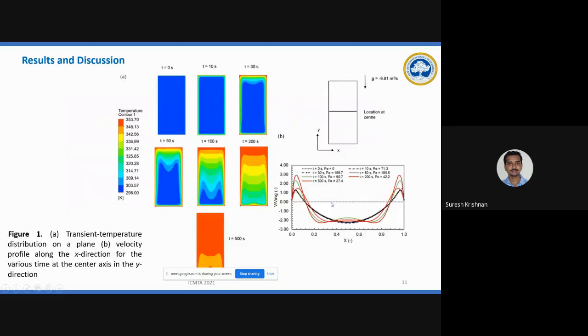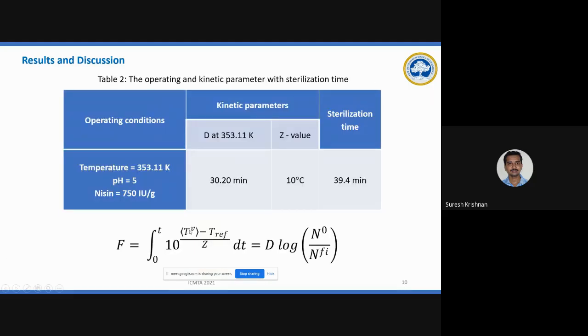So for that, we capture this time temperature profile, and then we take the volume average temperature at a specific time and put it in this equation. Then you integrate this equation over the period of time. I don't know this time value right now, but the catch is that the integrated lethality is approximately equal to the decimal reduction time. When it is equal, you have to stop the simulation and report the time. So the time value is calculated using this expression.